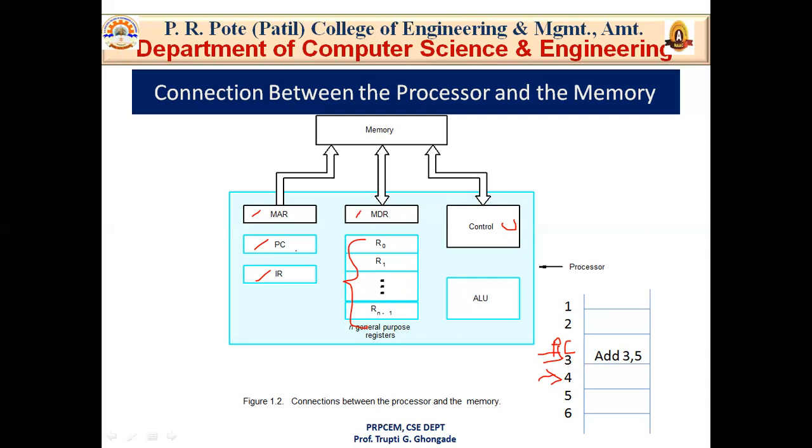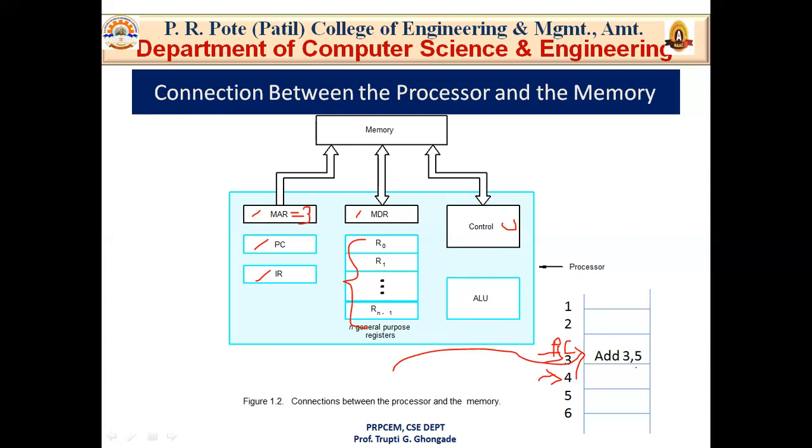Now while fetching this instruction, the processor needs to know from which memory location it has to fetch that instruction. So this memory location, 3, is given to the MAR. Now the value of MAR is 3. And now by using this memory address register, the processor will fetch the data from memory location 3, and a read control signal is sent to the memory. Okay, now at that time the processor is reading data from this memory location, and that's why the read control signal will be